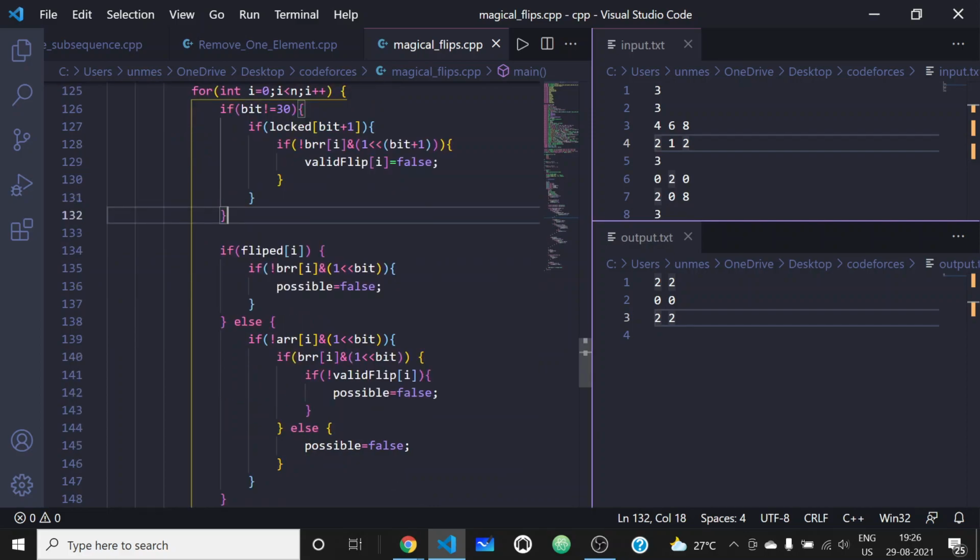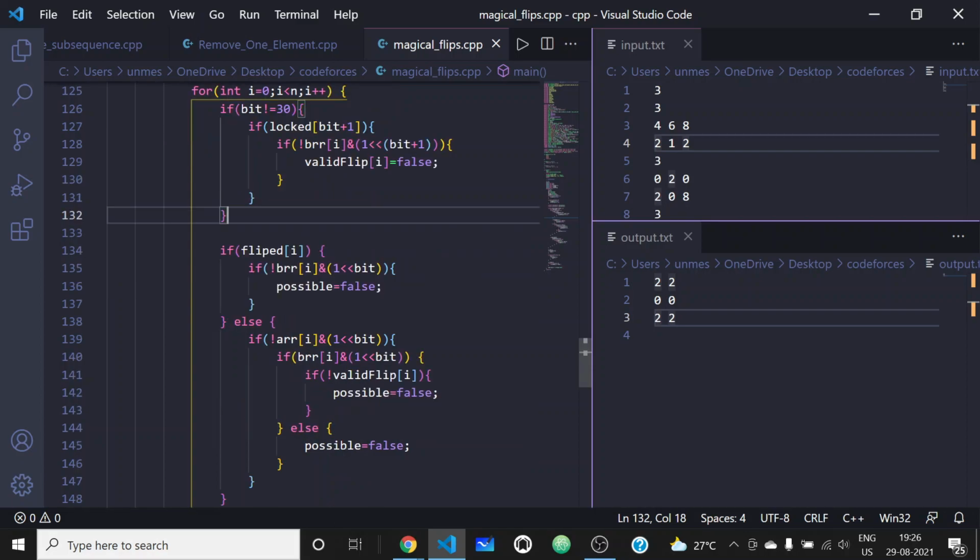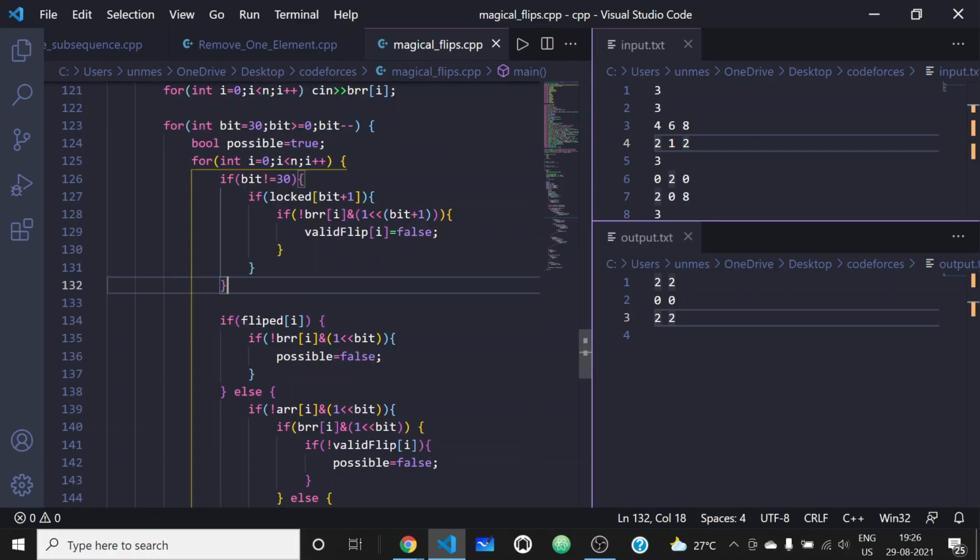After doing this, let us try to check whether it is possible or not. This is more or less doing pre-processing for using it in this step. The reason why I'm checking for only the last bit is because this thing will be done for every bit.